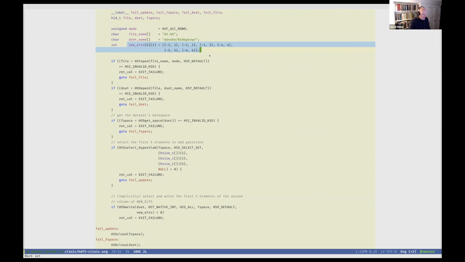So what happens is, I wish there was a better name for this, or at least I can't think of a good name, but in this case, the selection that you make on the file space is sort of shadowed or mirrored onto this thing here.